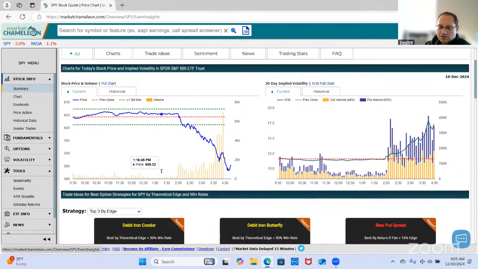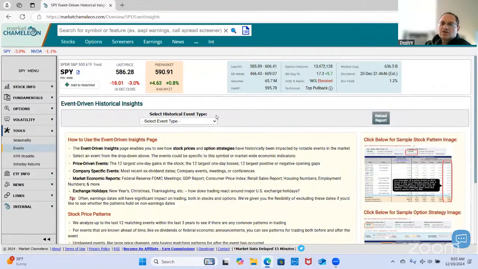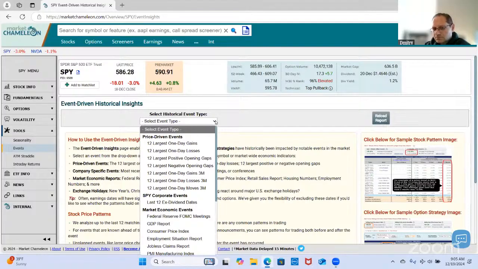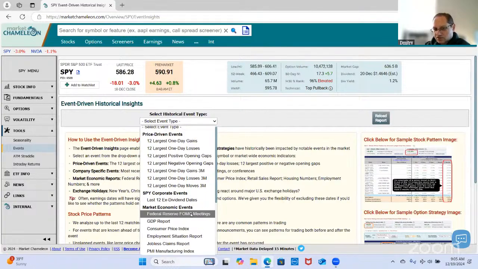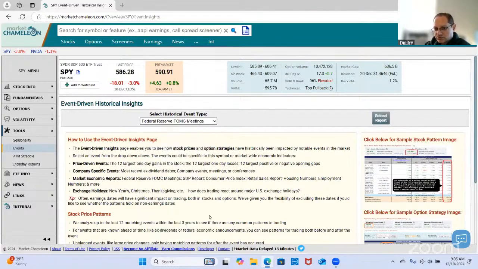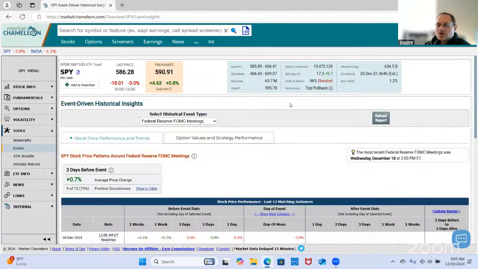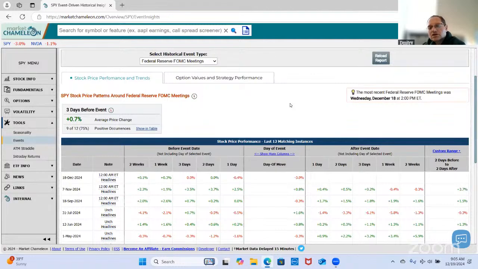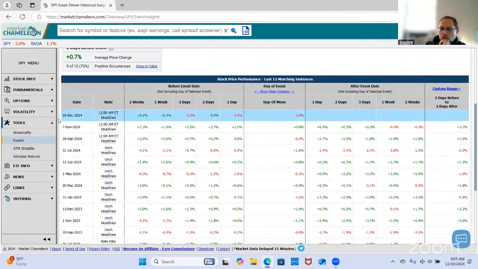Okay, so we're going to click events, and we have this drop down menu to select from. If I go here, these are price events, so largest 1 day losses, 1 day gains, and the FOMC meetings, and so forth. So let's take a look at the FOMC meeting. If we click on FOMC meeting and hit reload report, what we see here is a historical